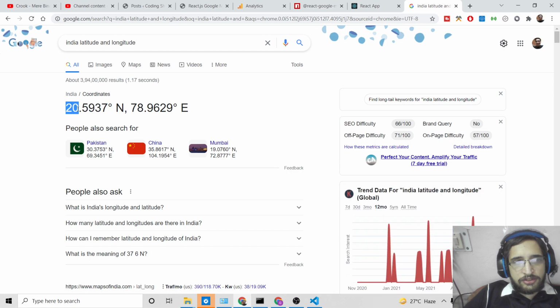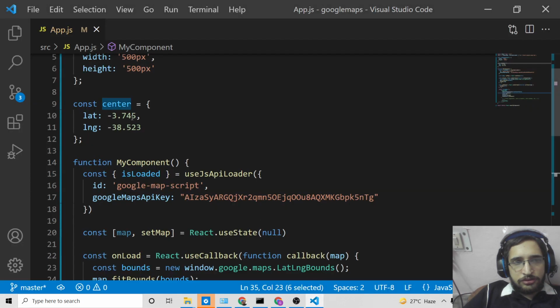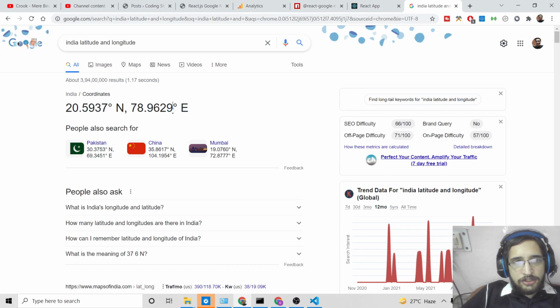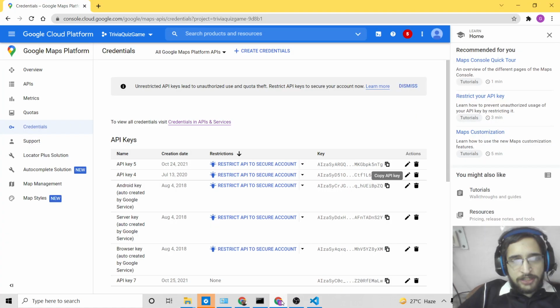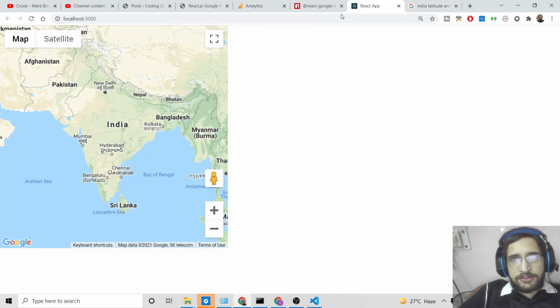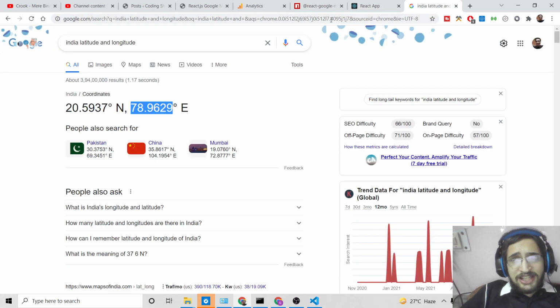I can just copy these, and the longitude is this one, so I can just paste it. Now once I load the Google map, you will see it will center around India.